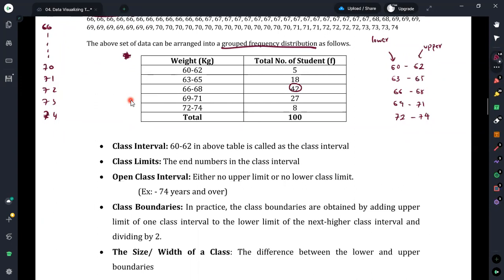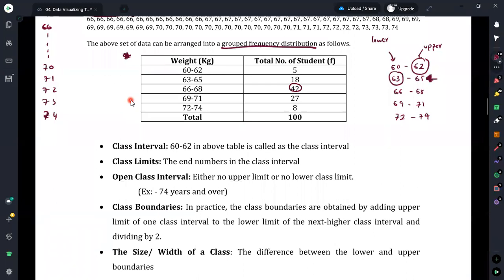When we consider the class interval, generally the upper bound of the preceding class will differ from the lower bound of the next class. If we are currently in this class, suppose, the lower bound of this class will differ from the upper bound of the preceding class. Therefore, this is a way that we can easily identify the class limits.